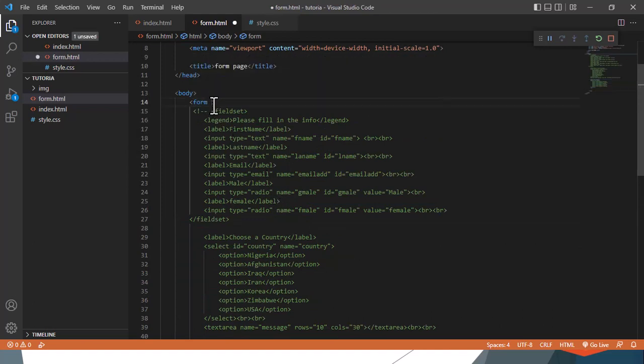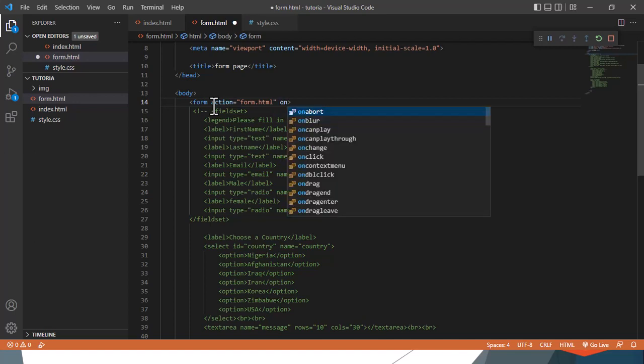You give it an action, and let the action still take you to the same page. That should be form.html, right? So you have on input